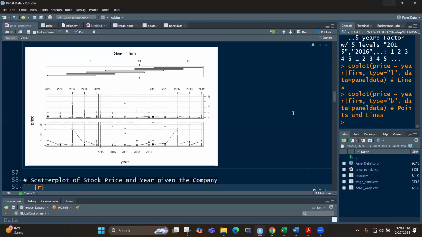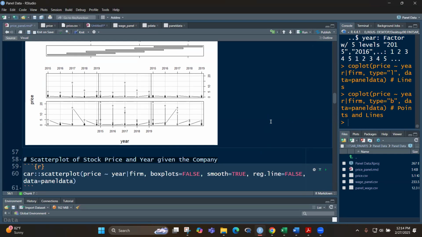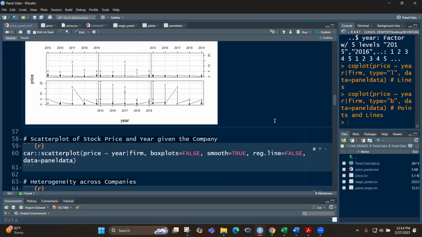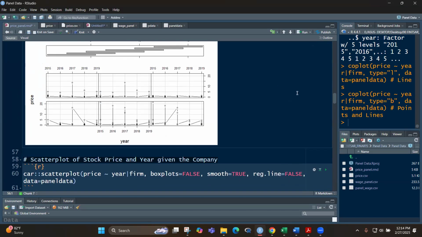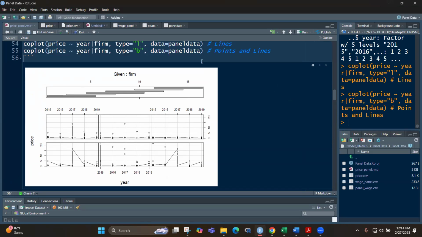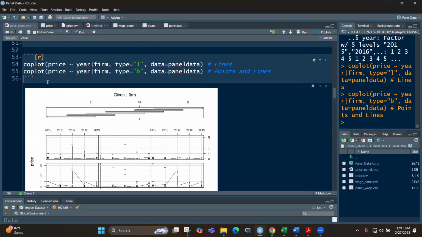If this were only three or four or five firms, then the plot would have been better understood. But because you have 16 firms here, this simply means, class, that the choice of the plot may not be this type of plot, the coplot,